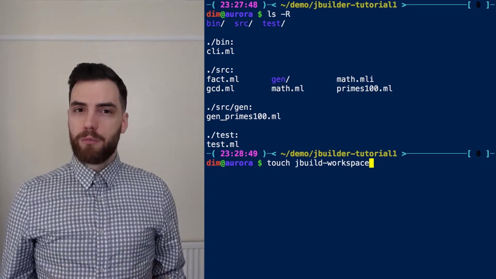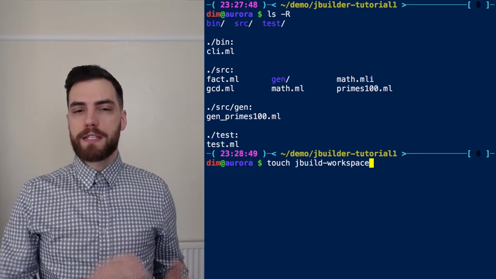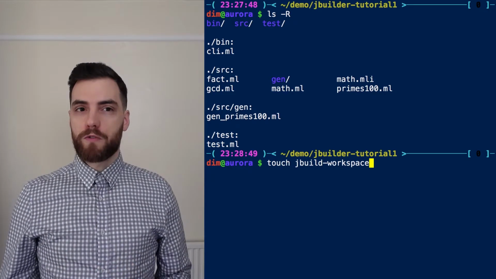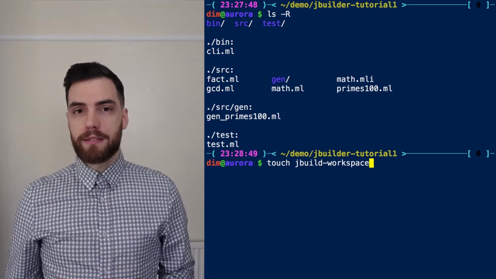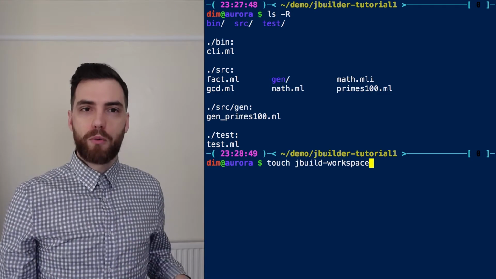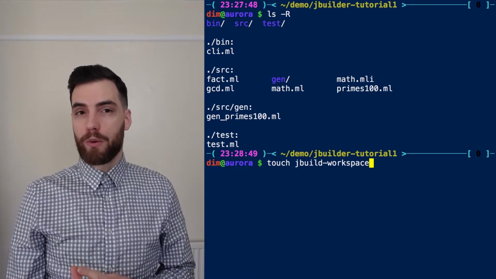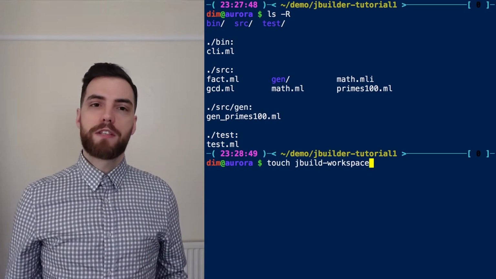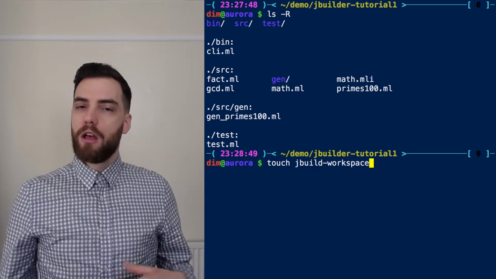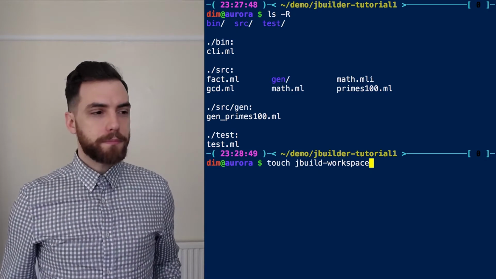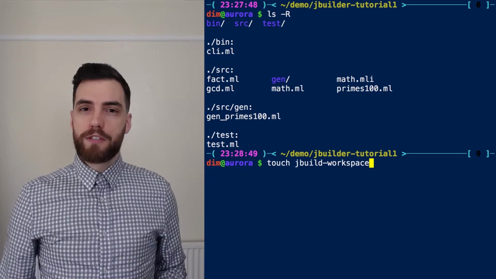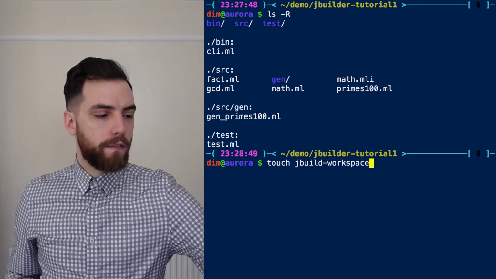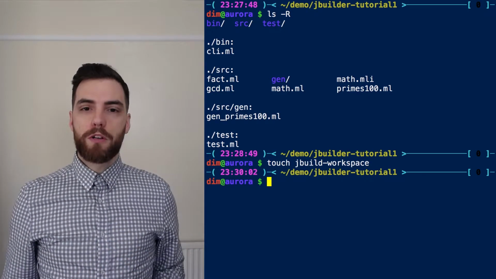Like with any build system, JBuilder splits the file system into two sections. We have a first section, where we have our source files, and we'll call that the workspace. Then we have everything else, where typically we can find pre-built binaries, such as your compiler, pre-built libraries, such as the ones you would have installed through a package manager, and other data files. The way to delimit these two parts with JBuilder is to create a jbuild-workspace file. This file delimits the root of the workspace.